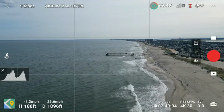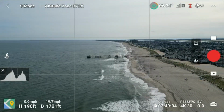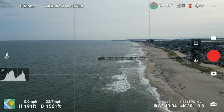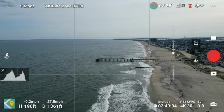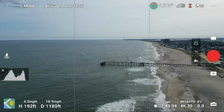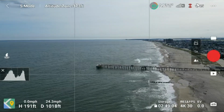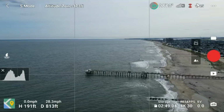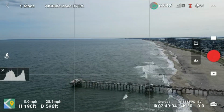Of course, them being in the ocean, the least of their problems is the drone coming down on them. All right, so we're at 1,600 feet. We're almost back. So just to summarize here, we're almost done with this part of the video. I didn't see any issues at range. That's about the same performance I'd have got from the Mini 2. The Air 2S may have done slightly better, and the Mavic 3, of course, gets down there without almost any signal drop. But I don't see any issues here really